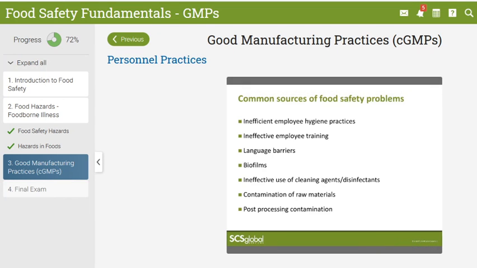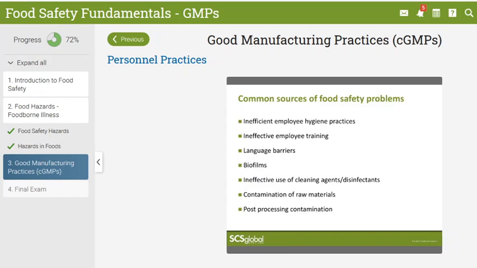Common sources of food safety problems are listed here on the screen. The first three, inefficient employee hygiene practices, ineffective employee training, and language barriers, are the three most common sources of food safety problems, and they go together. Language barriers in training, especially when the trainers only speak English and the employees only speak another language, leads to very ineffective employee training and means employees don't understand the rules and expectations that are laid out for them by